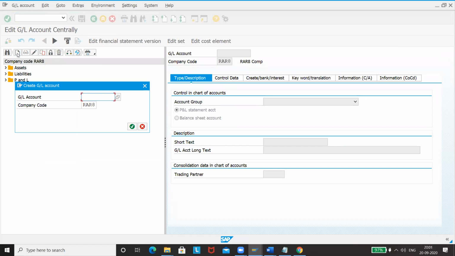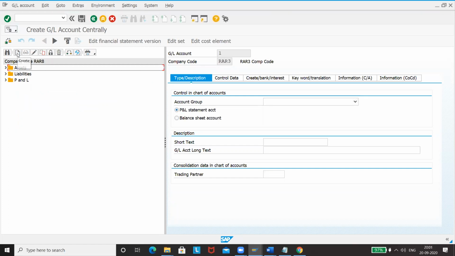The first account that we usually create is the cash account. So give 1, which is coming under cash, and this is at area 3. Click on that one. Let us give the company code. So 1 and then area 3, which is our company code. You have to give all this information and then save.